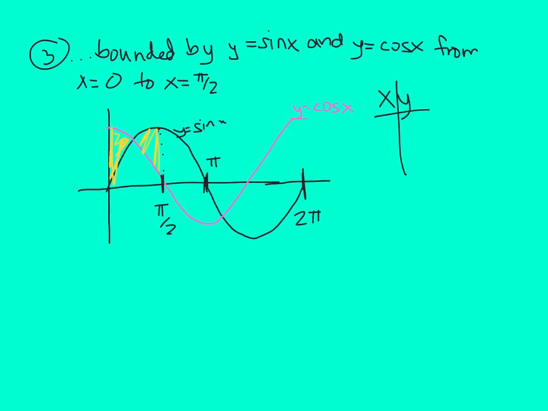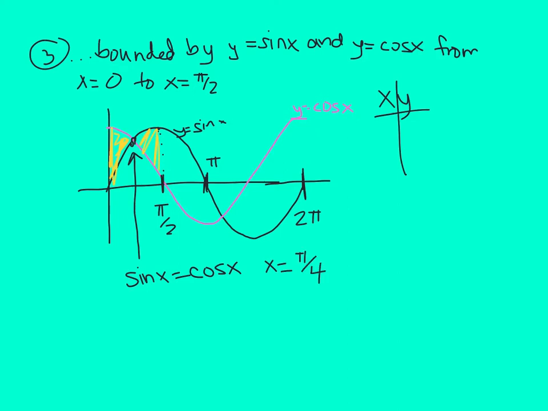you have sine on the top for half of it, but you have cosine on the top for the other half of it. So what you need to do because of this point is you need to split this into two integrals. And actually, you also need to figure out what is that value there. And you can find that, there's a few ways to find it. I usually just think about setting the two things equal to each other to find that intersection point, same thing we did previously. The value that cosine and sine are going to be equal is actually going to be